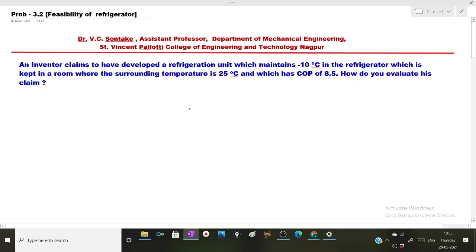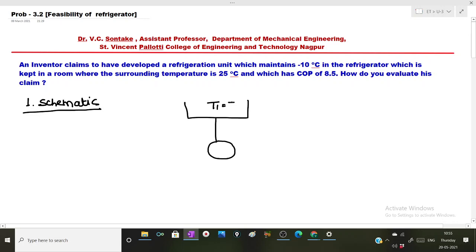So let us first draw the schematic. In the given problem, there is a refrigerator. So refrigerator I can also draw in this fashion. This is the source. T1 is equal to TH for your understanding, and Q1 is equal to QH, because I am shifting from the notations.